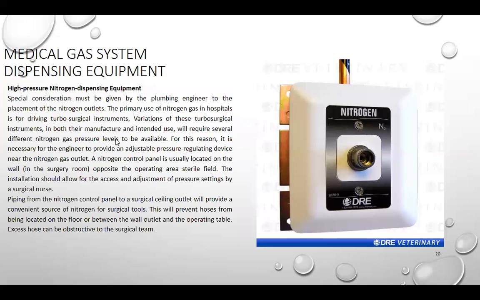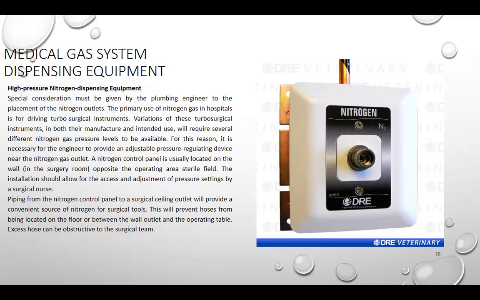Okay. A special consideration must be given by the plumbing engineer to the placement of nitrogen outlet. So the primary use of nitrogen gas in hospital is for driving pneumatic surgical instruments. Variation of these surgical instruments in both their manufacture and intended use will require several different nitrogen gas pressure levels to be available. For this reason, it is necessary for the engineer to provide an adjustable pressure regulating device near